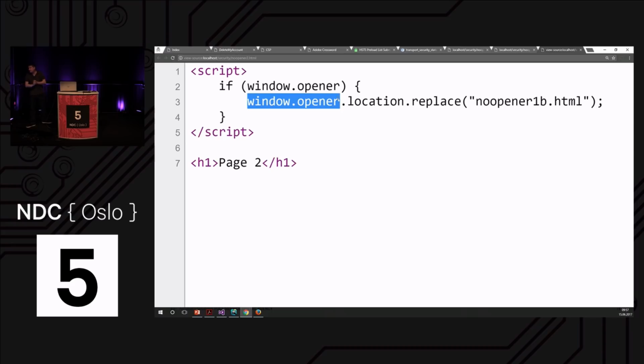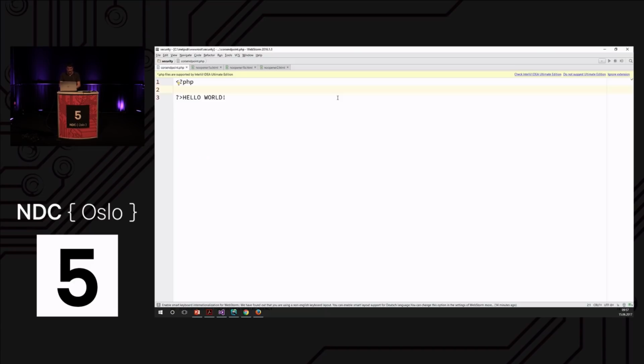Now, why am I telling you this? Because Instagram fixed that. But, well, you have to fix that as well. And actually, fixing that is pretty easy once you know why. Whenever you have an external link to a page you do not control, you have to add rel equals noopener.